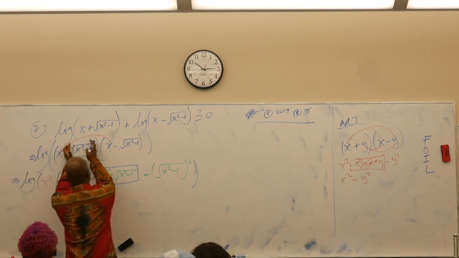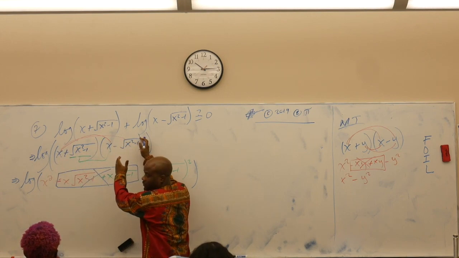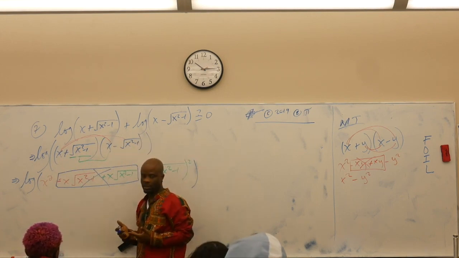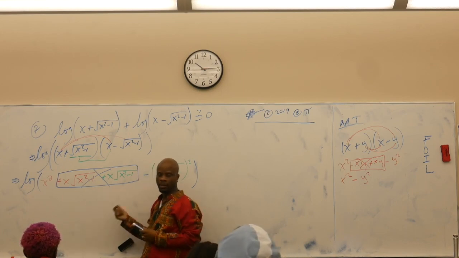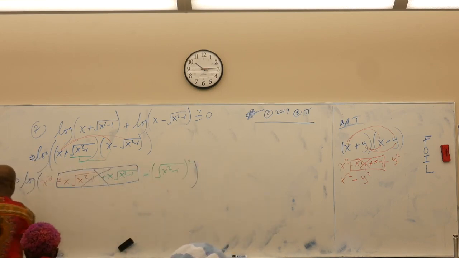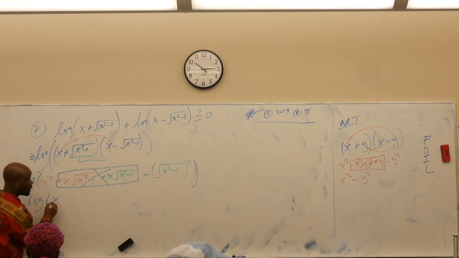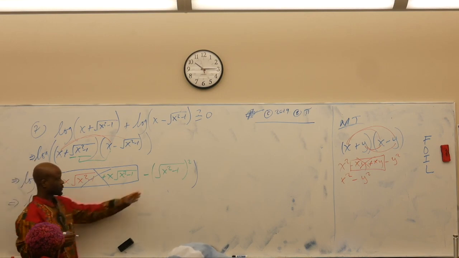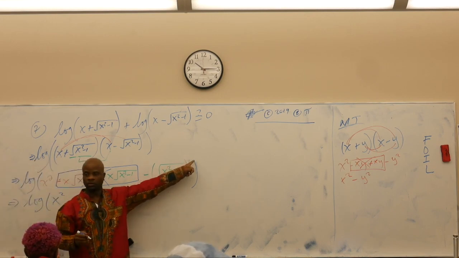Because this thing times itself. What's anything times itself? Itself squared. So y times y is y squared. Any other question? All right. So now we have the log of x squared minus, well, what does the square root do to the square